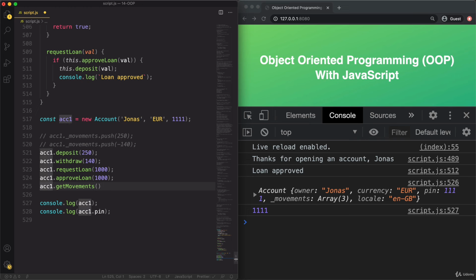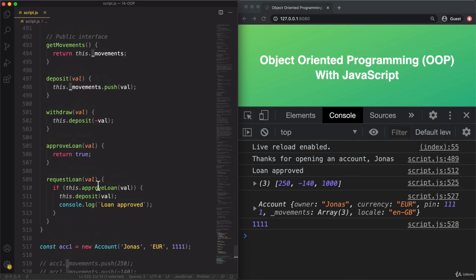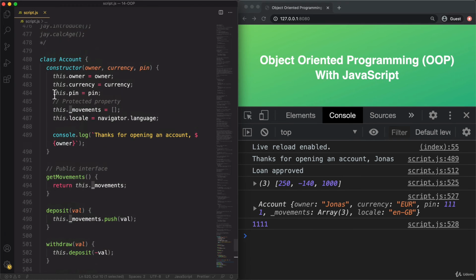And so this one, everyone can still at least access the movements, but they cannot override them, so they cannot set the movements. Unless, of course, they use the underscore with the convention, but then at least they will know that it's wrong to access the property.